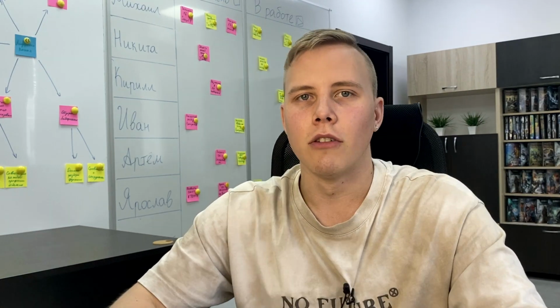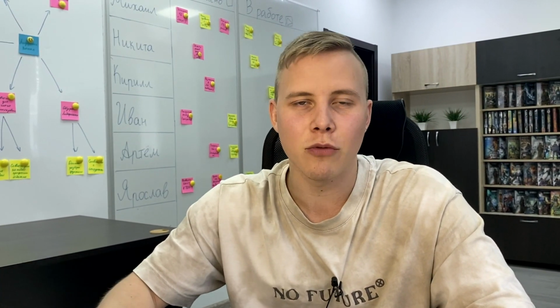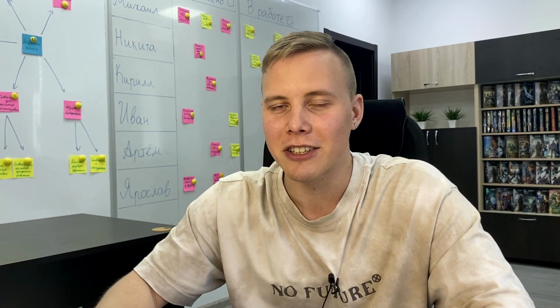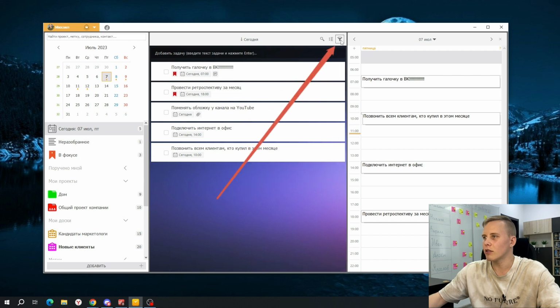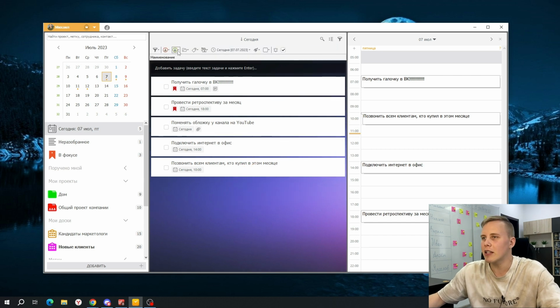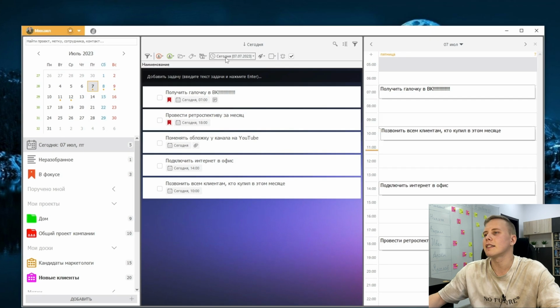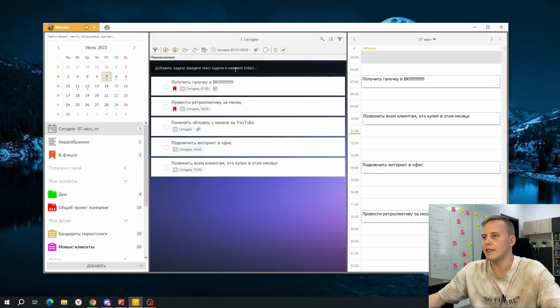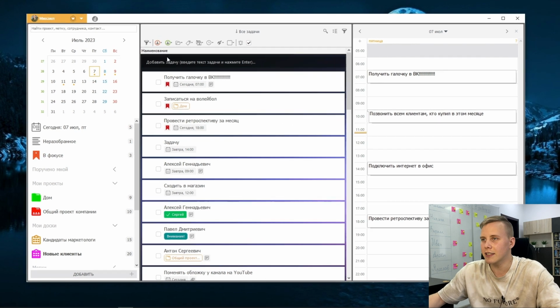Now about filters. In both Leader Task and Todoist, filters are essentially the same thing. But customization of filters is done in a completely different way. In Leader Task, to customize filters, you need to display the filter panel. Now the filters appear here. These are customer, performer, project, label, contact, date and color. This is where I can reset all the filters altogether. I click on date, reset. Now I have all the tasks displayed because I don't have any filters at all.